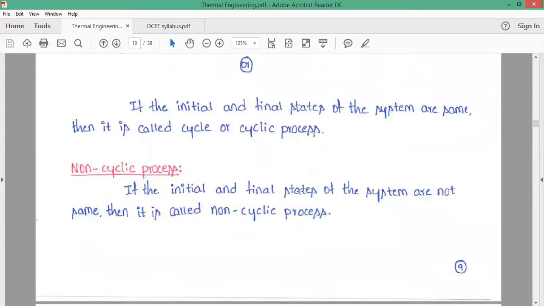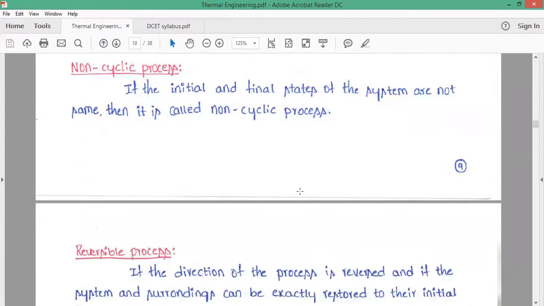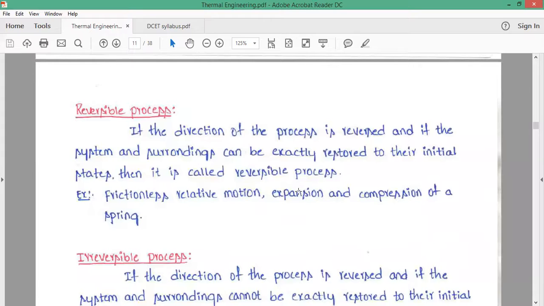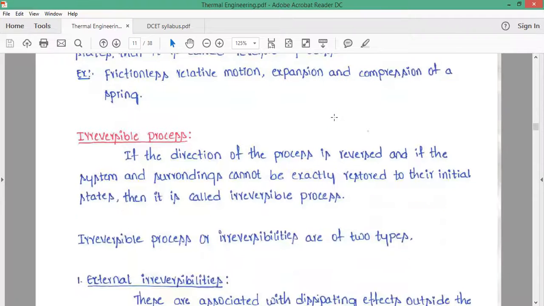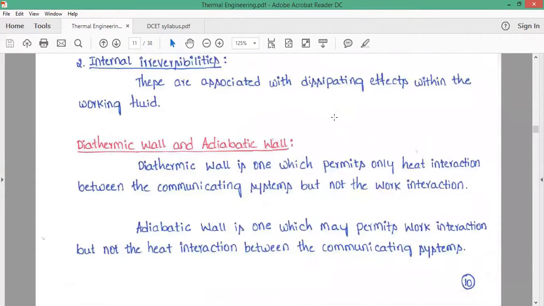Then non-cyclic process: if the initial state and final state are different, then it is a non-cyclic process. Reversible process: if the direction of the process is reversed and the system and surroundings can be exactly restored to their initial state, then we can say the process is reversible. If not, it is an irreversible process, right? This is all about the different definitions related to